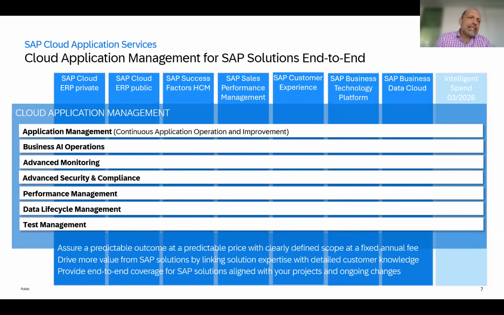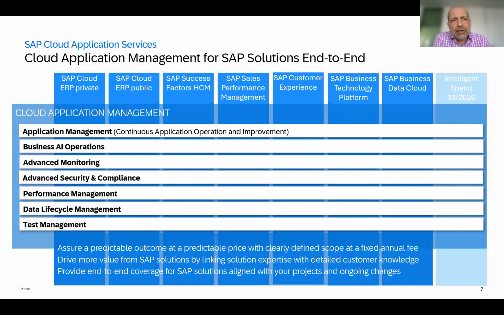What does this mean? As you can see, we work in a so-called package-based mode. On top, of course, we have the application management. This means really the continuous operation of your application. This means everything which is running in business client 0 or in the business client in general, even if it is customizing, setting up features, minor changes, but also monitoring, business process monitoring, and all this stuff, can be done by the application management team. So you, as a customer, are completely released of these responsibilities.